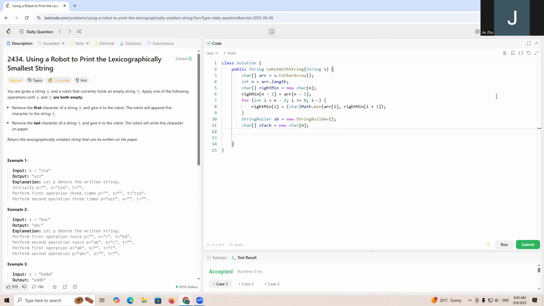And for this stack, we need an index. So then what we do is that for int i equals zero, i smaller than n, i plus plus, right? So for every character, we need to push that to the stack first. That will be array[i]. Then what we do is that while this stack is not empty,